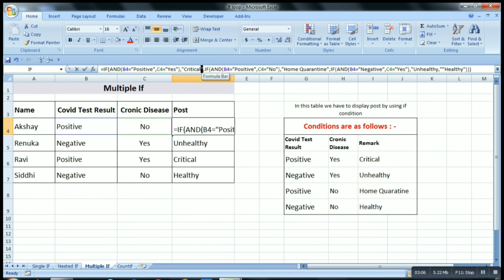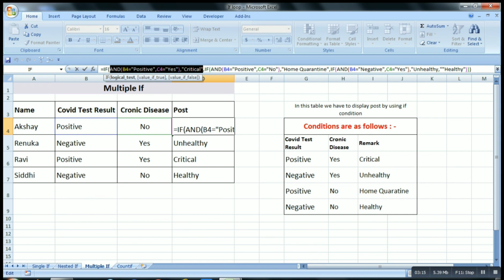Otherwise, this is the first part of the IF. If this condition fails, then we have to check the next conditions. That is, if B4 is equal to positive and C4 is equal to no, then home quarantine.